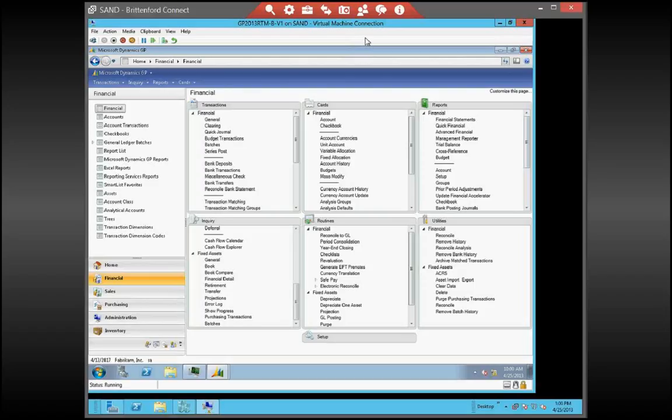I've taught this class many times, usually in connection with the whole series of the GL with GL, AP, and AR. What we're doing here is breaking down that training into segments. So last month we had the GL basics, and we're going to build upon that this month with the advanced GL. And the topics that we're going to go over are maintaining records in the GL, setting up fixed and